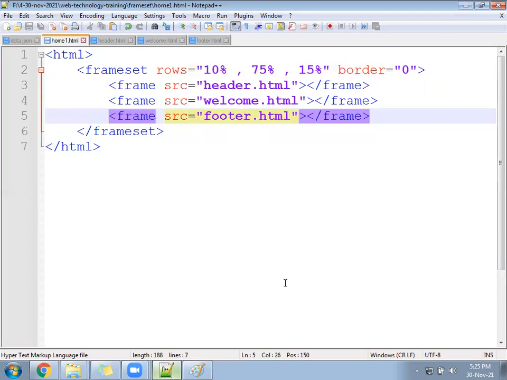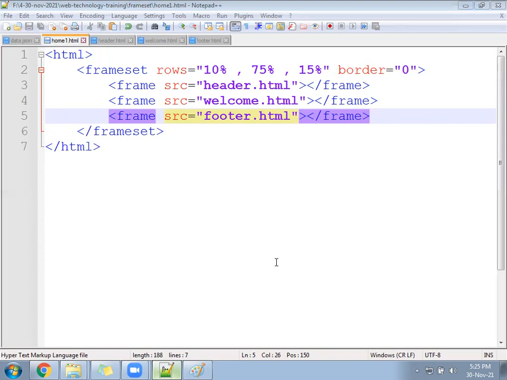Check now, Chinna, are you working or not? Header code I have sent you in your chat. Can you send all 3 files in the chat?